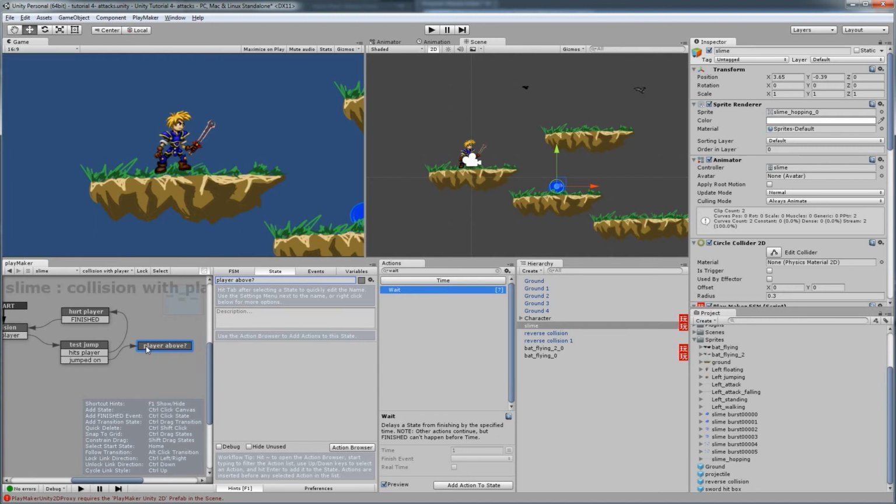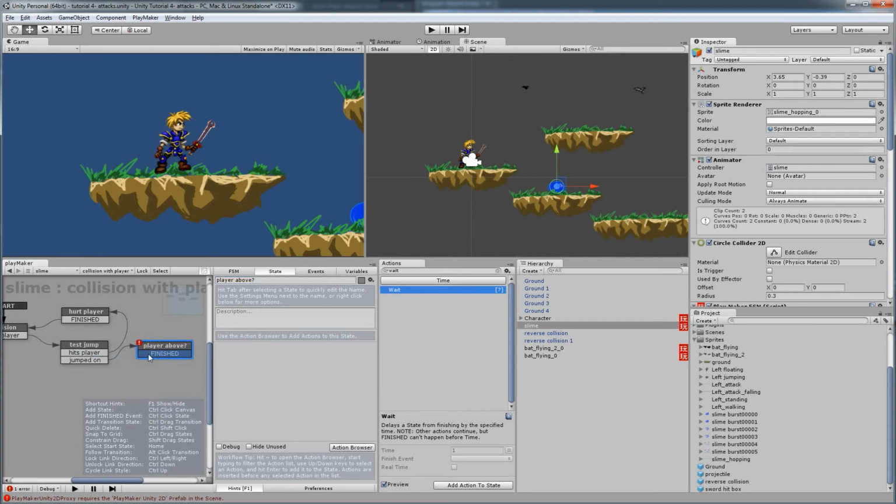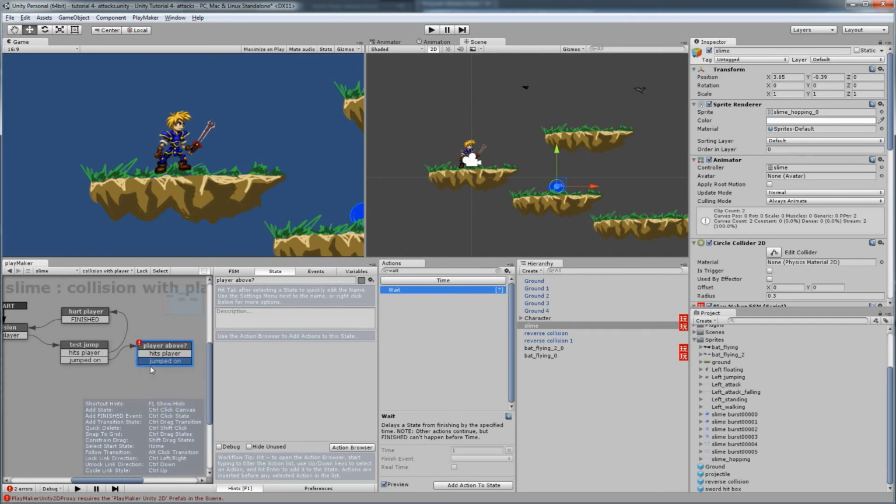And then I'll go over to, let's make a transition. I might as well just call it finished, I guess. Actually, no, not finished. Let's delete that transition. All right, so we're going to do basically the same thing. We're going to say he hits the player or he's jumped on. All right, so what happens is it's going to double test it again, and in the double test we're going to put,